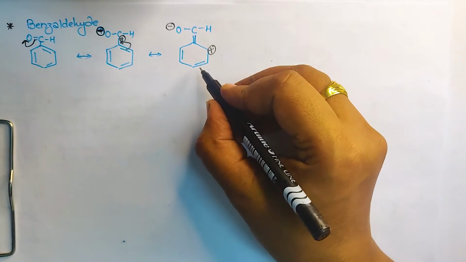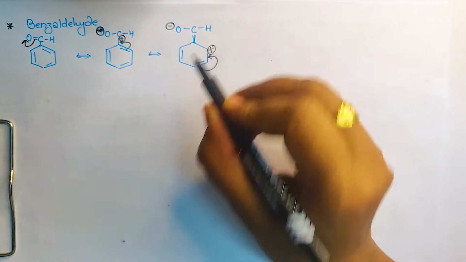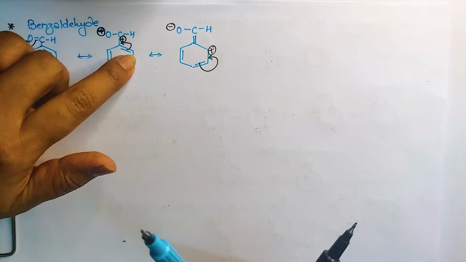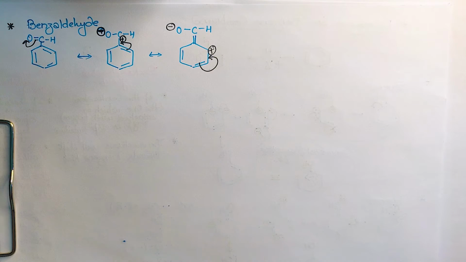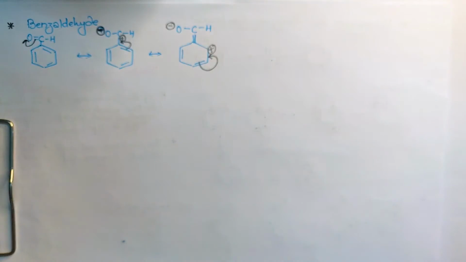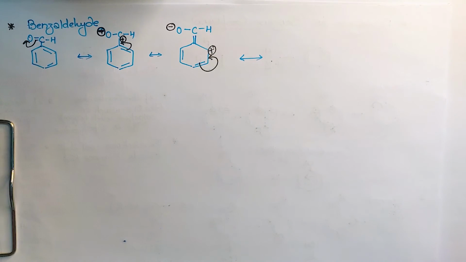So what will happen? This bond will now shift to this bond to fulfill its deficiency. So you can see this is going towards the group, isn't it? Towards the group. Yes? Clear? Okay. So draw the result again. In this case, the bond will move to complete the deficiency of the carbon. That's it. Okay. And in that previous case, where the electron donating group was there, the negative charge, due to the high electron density, will move.